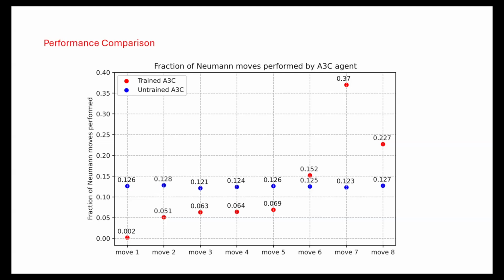So this is the fraction of Neumann moves for this trained agent. Those 5 moves are flow up moves, and the 3 moves are flow down moves. For pre-trained H3C agents, they apply all the Neumann moves uniformly. But after post-training H3C, the agent performs much more flow down moves than flow up moves. But flow up moves still have a small fraction. They are not zero. So they have sometimes increased the number of nodes of planning graphs, and then maybe the